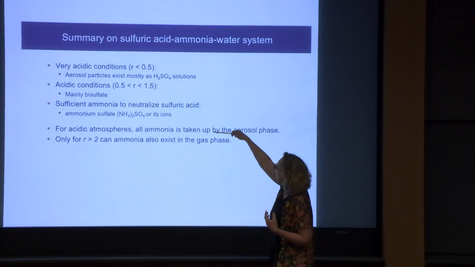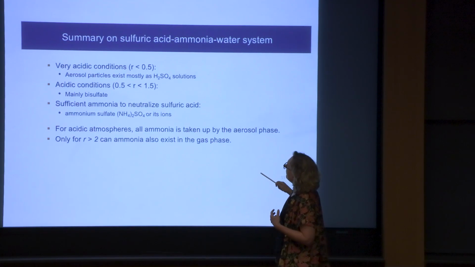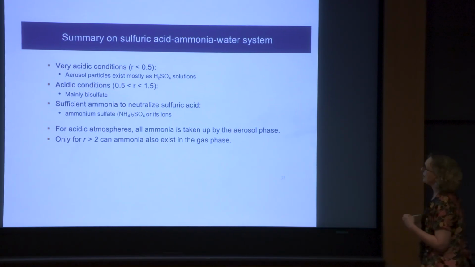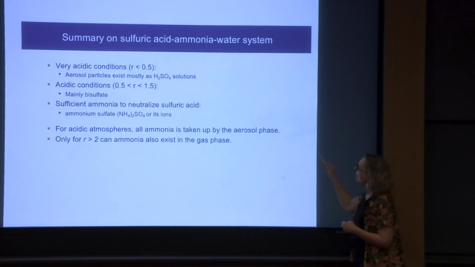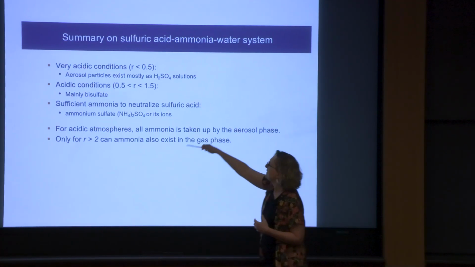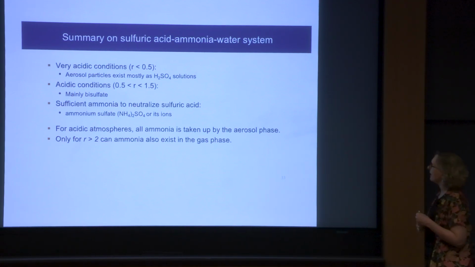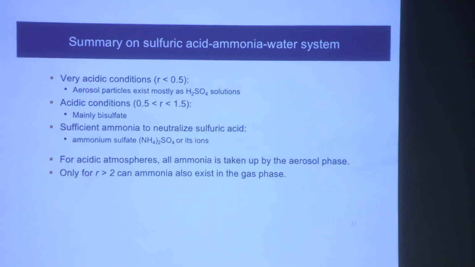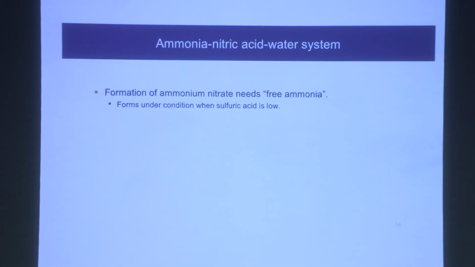So as you go through these different regimes, you can take up all your ammonia, draw it into the aerosol phase, and only if you have more ammonia left than twice the amount of sulfate, right? Makes sense. You can have the ammonia in the gas phase, otherwise it all gets taken up by the sulfuric acid, forming ammonium sulfate. Okay, so